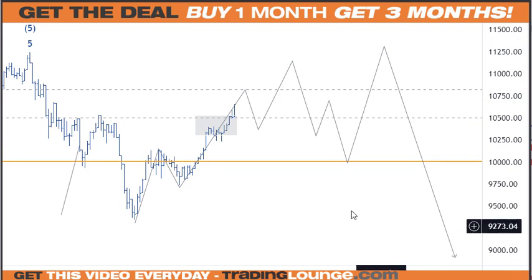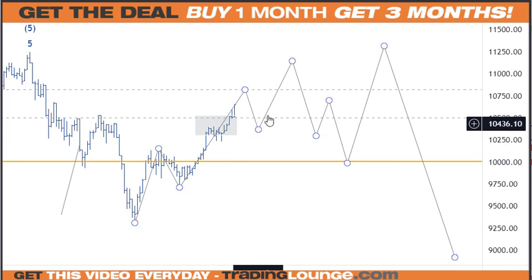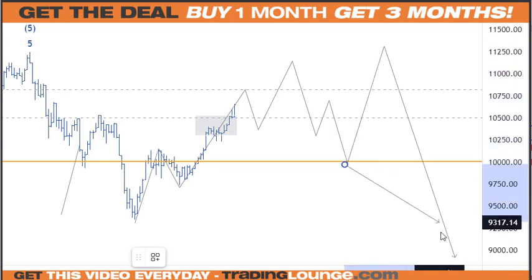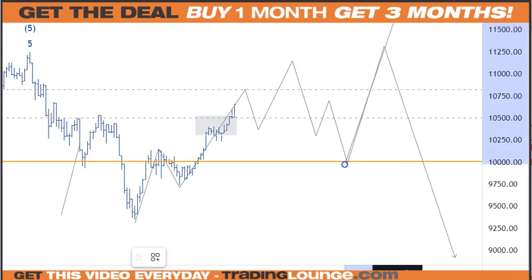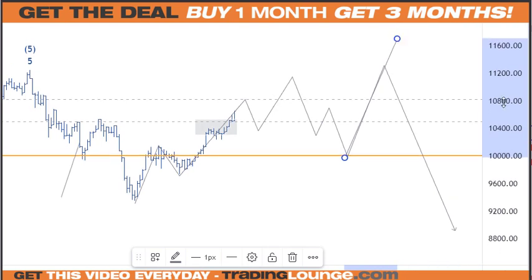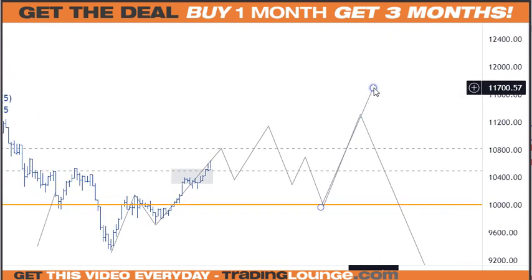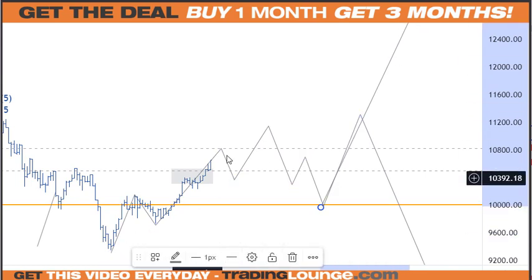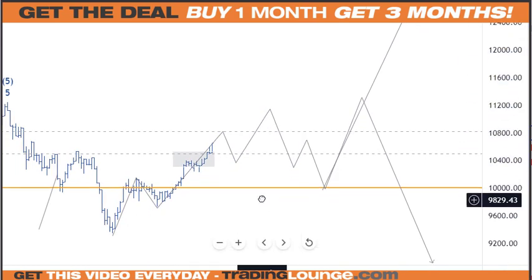The other point is that because we've got 5 waves in this move here, it means that we're going to get another 5 waves up, and it means that when we pull up here, we could have this as wave 1 here and coming back for wave 2, and then not coming all the way back down here, but just heading up into a big third wave to the upside. So moving much further up at that point as a third wave. So the third wave would be longer than wave 1 here. So in a way,